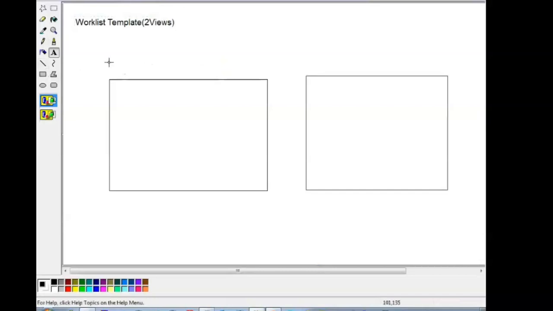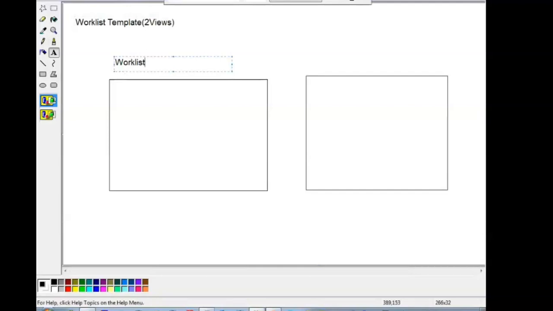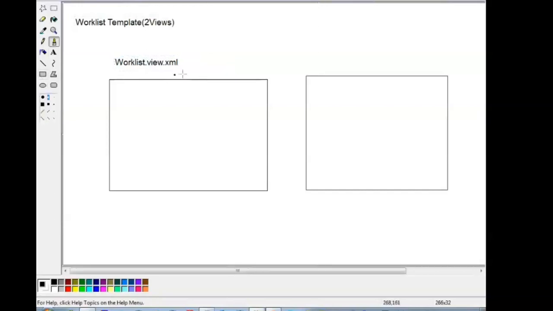The first view is called the worklist view. That means we have worklist.view.xml and it has its own controller.